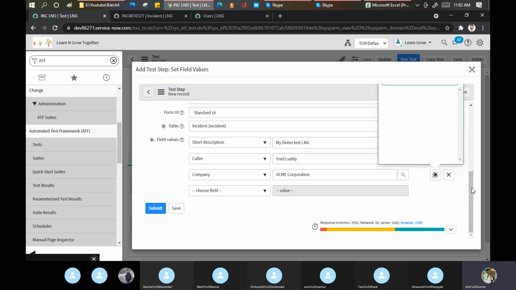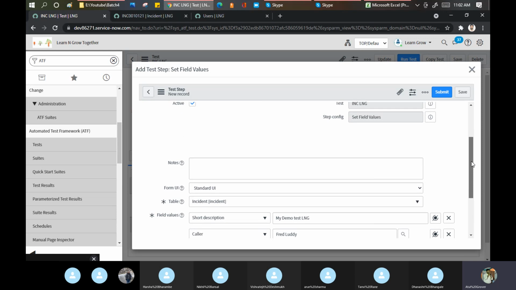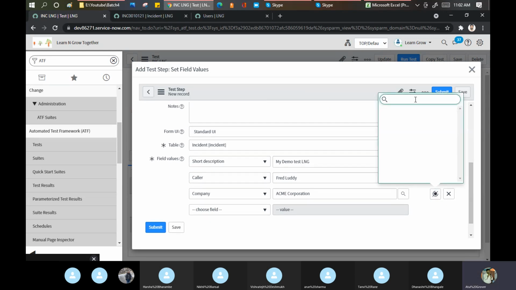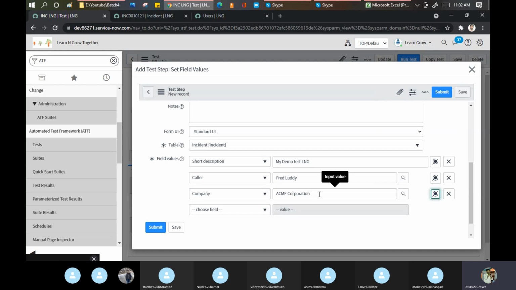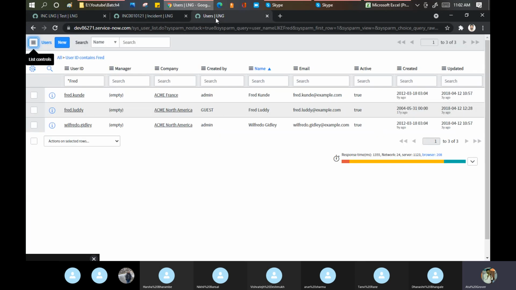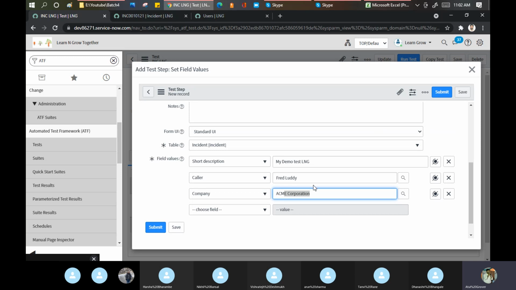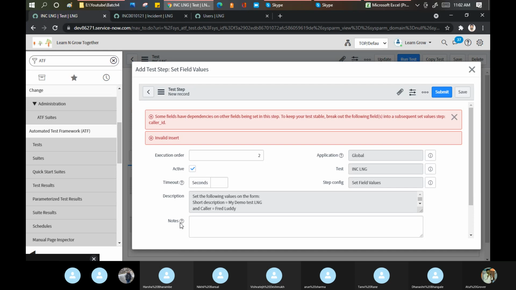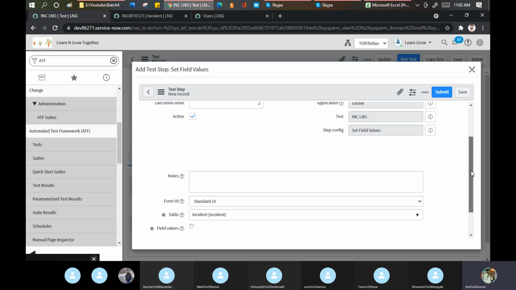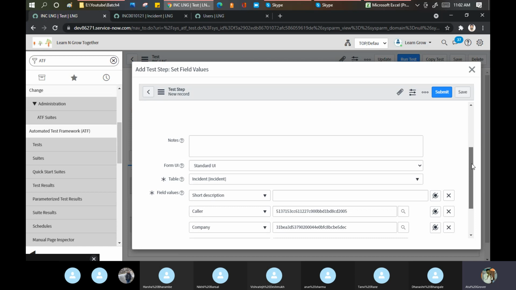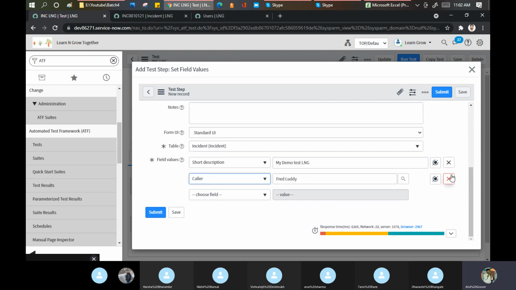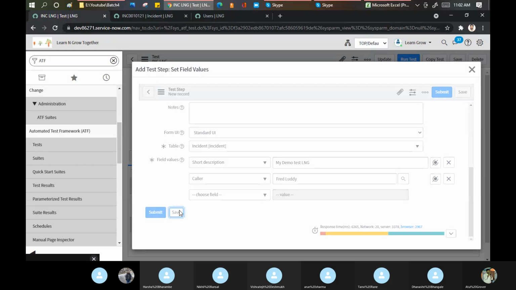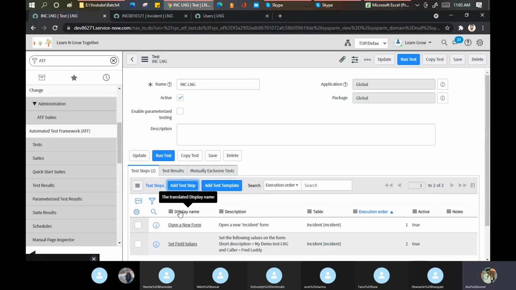Why is it not showing? But let me put ACME North America here. Right, this is the company. North America. Let me try to save this. It is still giving me error. Let me remove this field from here, because due to domain separation, this is the biggest problem I face. Okay, now done.